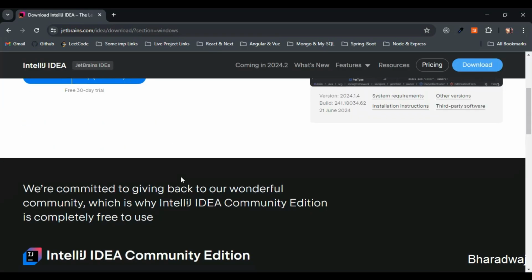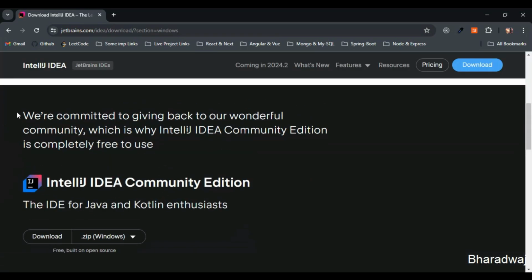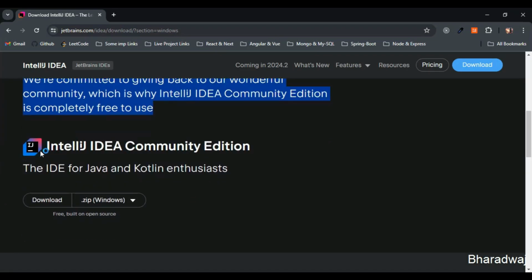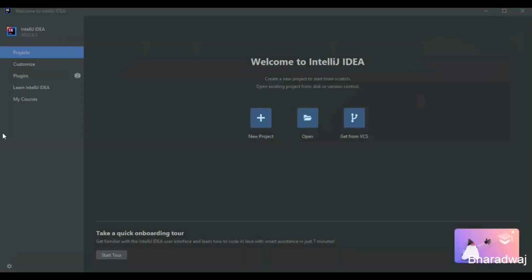Yeah. Here, scroll down. You can see we are committed to giving back to the wonderful community, which is why IntelliJ IDEA Community Edition is completely free to use. Just download this free version and open the IDE. I'll be closing this and installing that one and opening the IDE, right? I'll just close this one entirely. For the Java JDK, you have two options. Just click on this one,